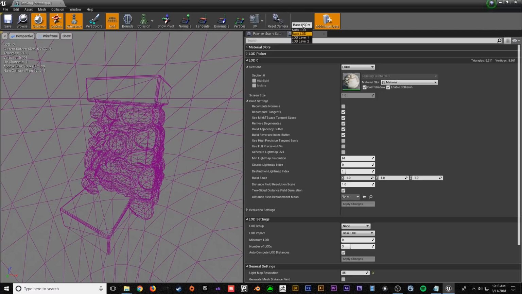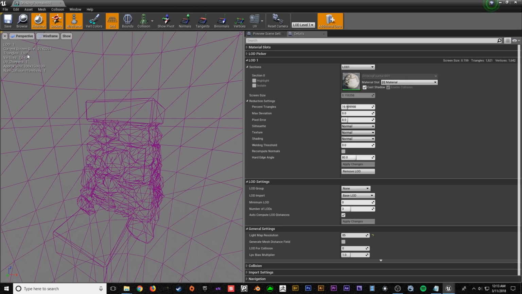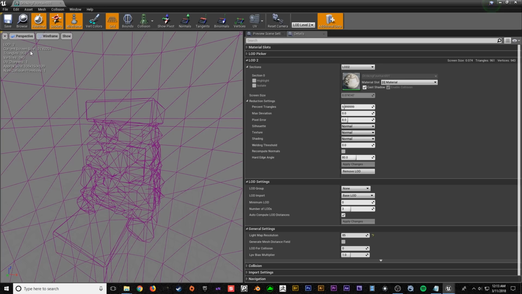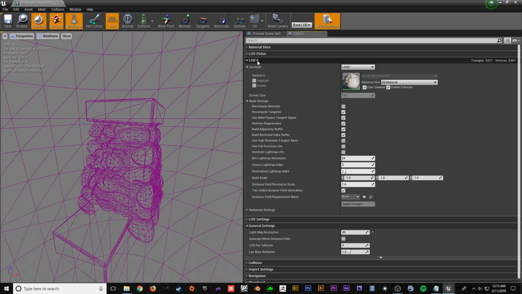So if I switch over to LOD 1, you can see that the polys drop to 1,900 polys. If I go to LOD 2, you can see it drops down to just under 1,000 polys. So in order to generate those LODs, you want to expand